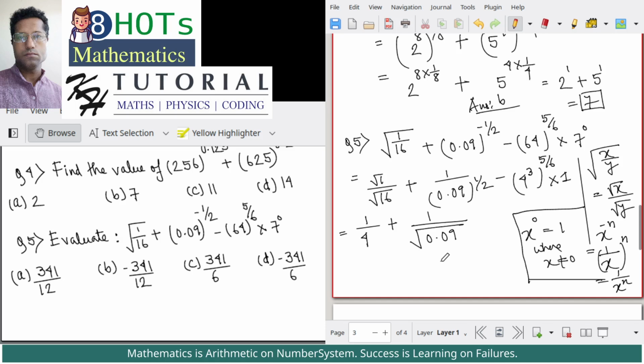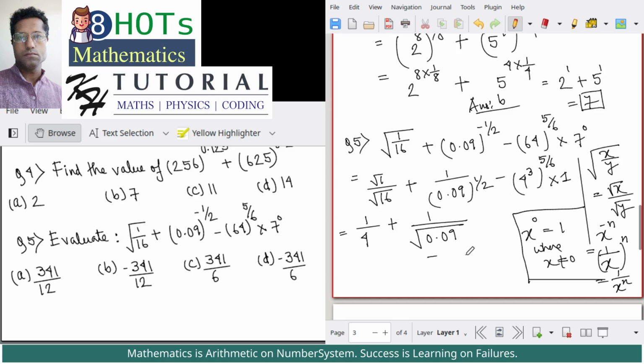As you can see, it is 0.09. The square root of 9 is 3, and the decimal 0.09, if you convert it into a fraction, will be 9 by 100, and 100 is also a perfect square. So the square root of 0.09 can be easily converted into a rational number. Okay,